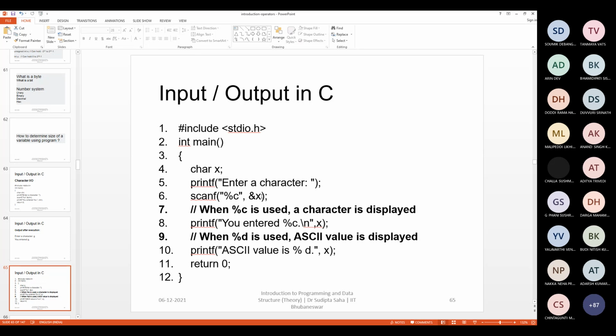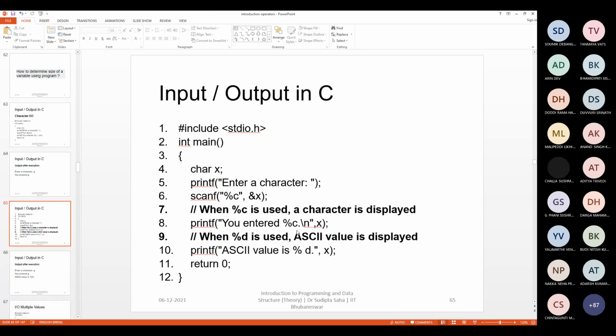If you print using %c and if you print using %d, the output will be different, although the variable we are supplying is the same. We are supplying x here and also x here, right? But the printing output will be different, because in one place we are printing using %c and in another we are using %d. I hope this is clear to everybody. It's very simple, but if you don't understand it, it will be very difficult.